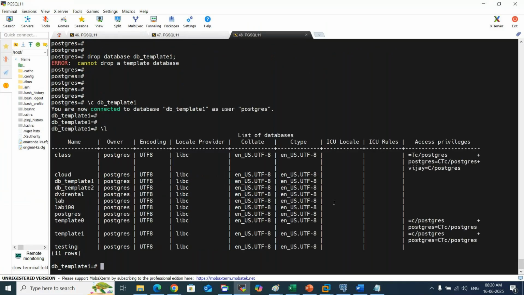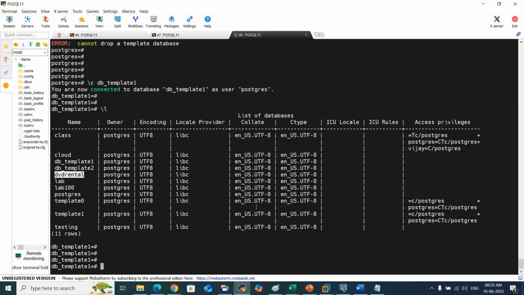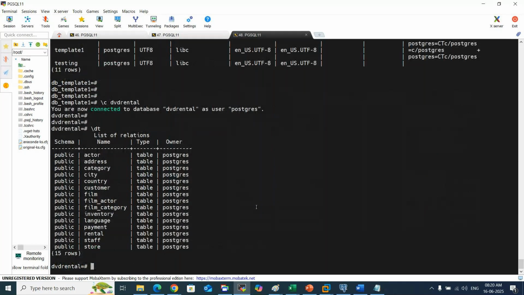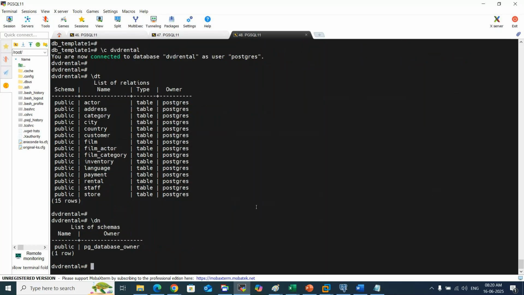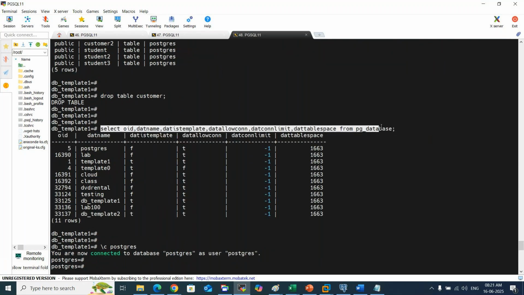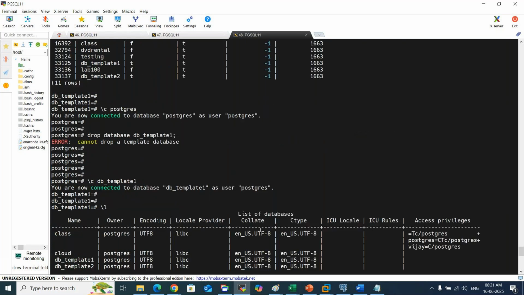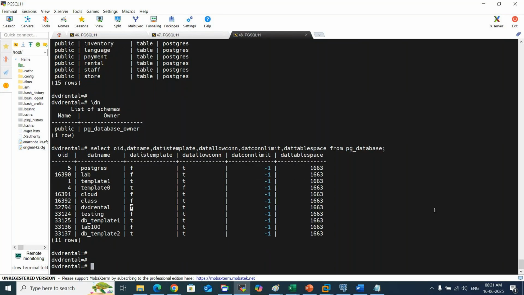This database is not a template. If I go to DVD rental, there are a lot of tables in that. It's a sample database. There are only tables, no schemas. These are all different tables and each has a lot of data. This is not a template database. This is straightforward, guys, not at all confusing, but important to understand the template concept. If you look at DVD rental, it's not a template, you can see that, but I can create